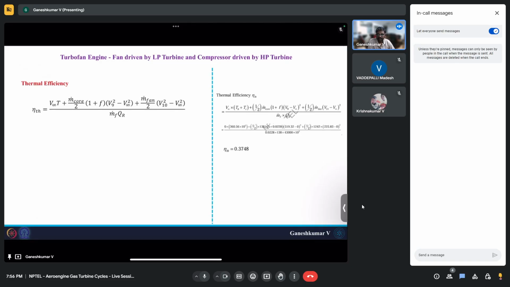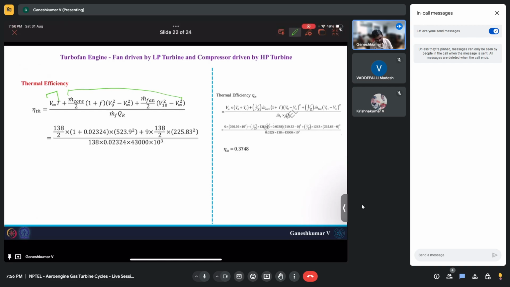The thermal efficiency, we all know, this is the total power from the aircraft, and this is the additional kinetic energy wasted in the thing. So which means this is the total energy that has been added to the incoming air, and then that is coming from the fuel. That's why you have m dot f by qr in the denominator. So if you substitute these numbers,